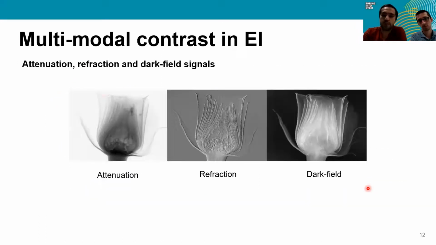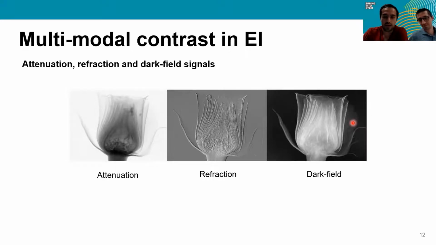And for example, this is one of the images we have obtained in our lab. And as Oriol was saying with a different example, attenuation gives you some information about the sample. In general, here you can see attenuation happening in different parts of it. Refraction gives you information about the edges or the change in medium. And dark field, if you see here in the petals, it's giving you information about the microstructure. So actually it's giving you access to those features that are smaller than your system's resolution. And this is shown here in the microstructure of the petal or in the hair in the mouse that Oriol was showing before.